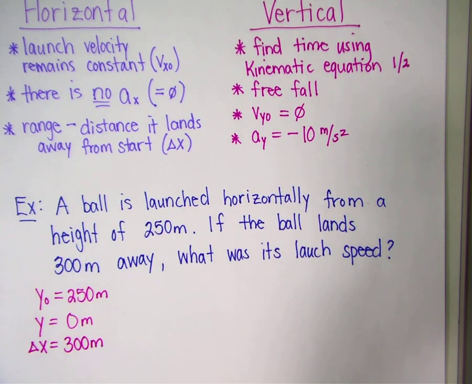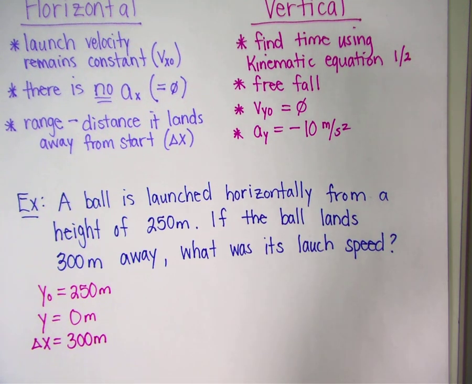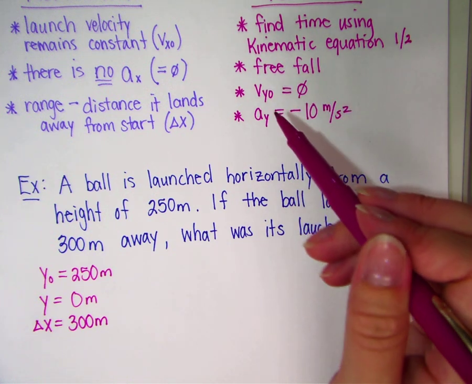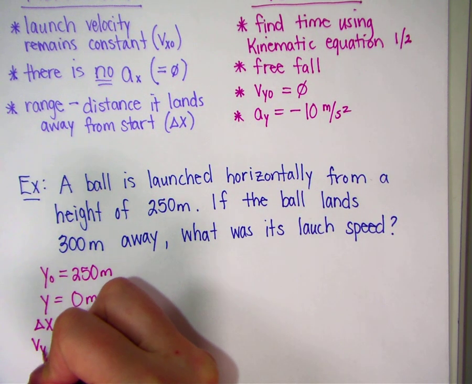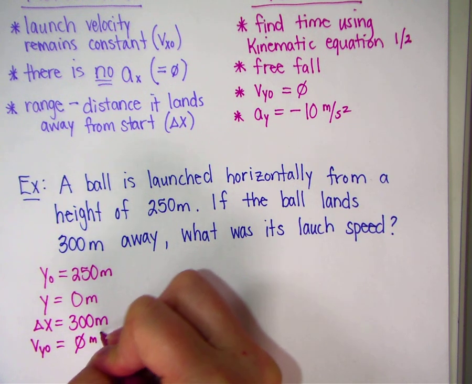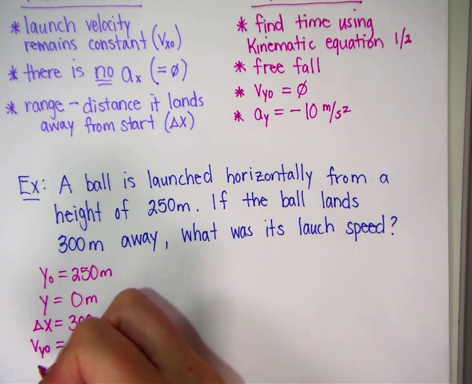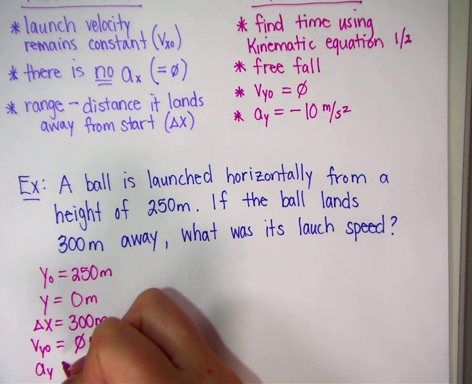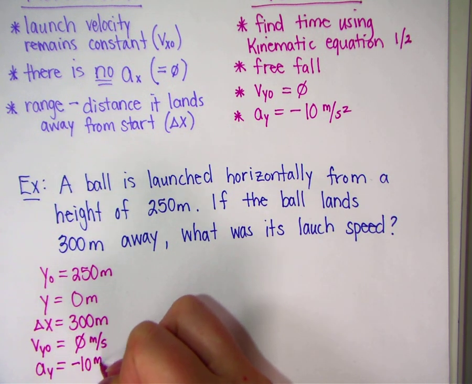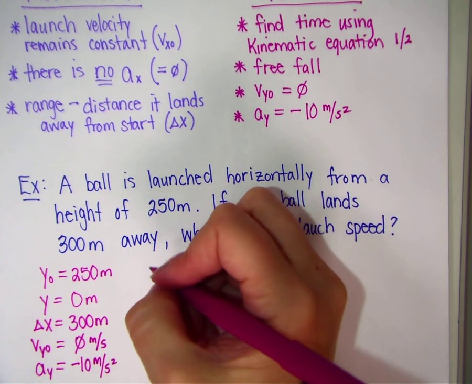And remember, there are two things that you automatically know because you remember your concepts in the vertical direction. Your initial vertical velocity is 0, and your acceleration in the vertical direction is -10. What is it asking you to